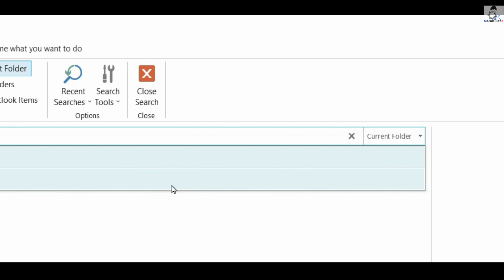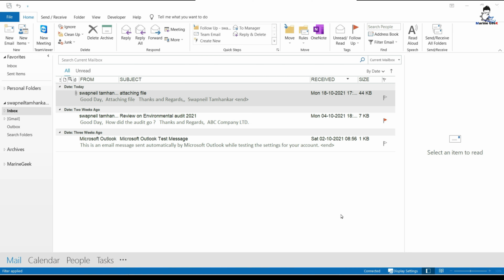So let's go to the advanced find command. The option is the same. You click over here, go to the search tool, and you will be able to see advanced find, and this dialog box.